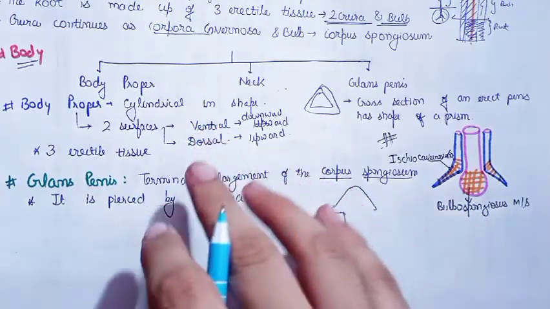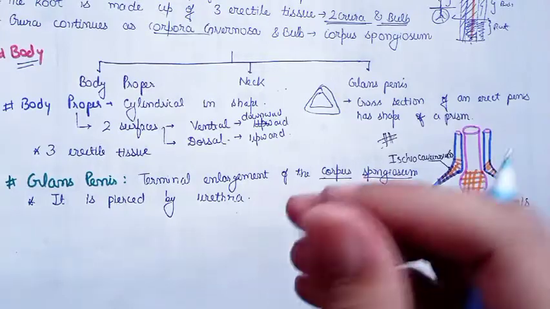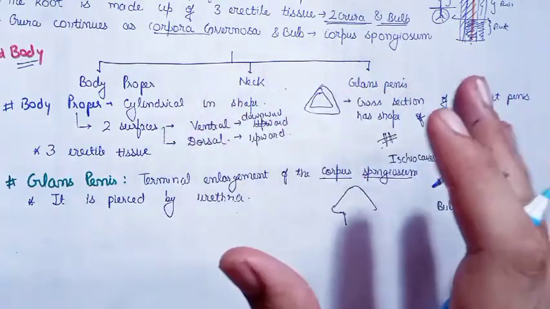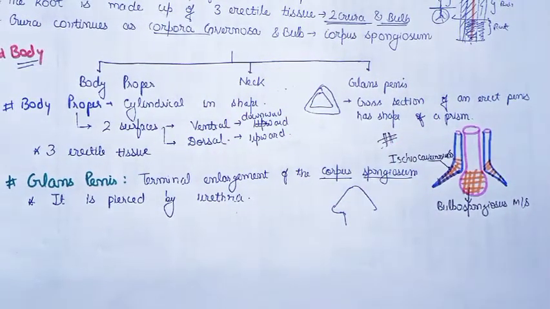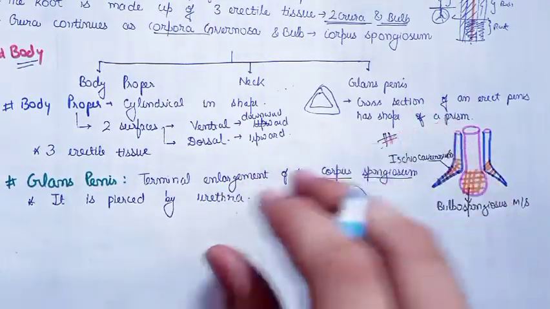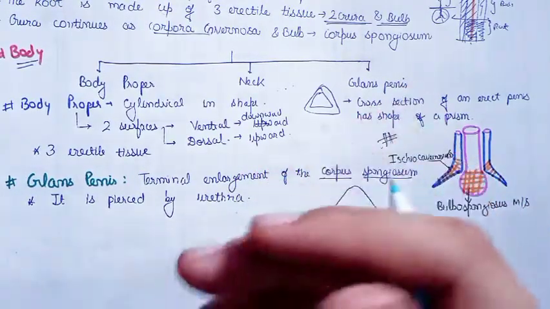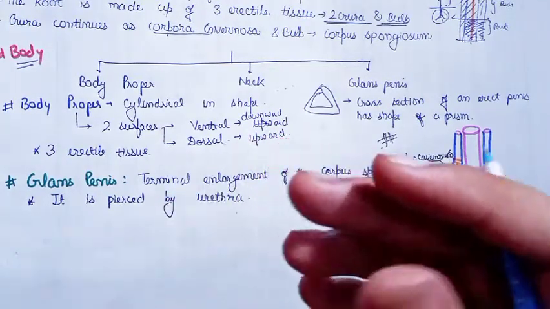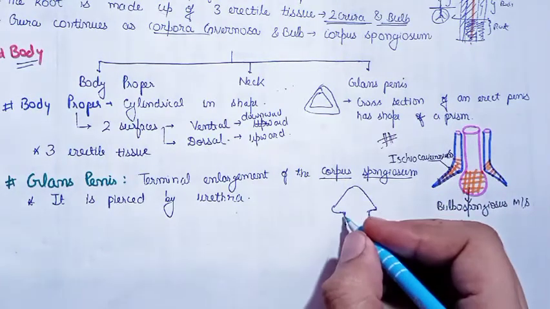All the diagrams I tell you in all the videos are very simple to draw, and you can actually draw them in the examination, because there are certain diagrams in the book that are very difficult to draw. So I've just simplified them. No examiner is going to read everything you have written in your notes or the examination paper. He is going to just see the diagrams and realize how good you are at anatomy. He will just see the labelings and get the whole orientation of your paper. So diagrams are very important in anatomy.